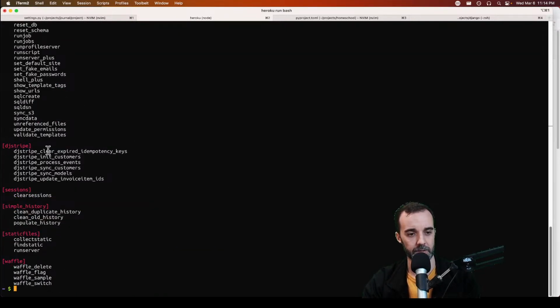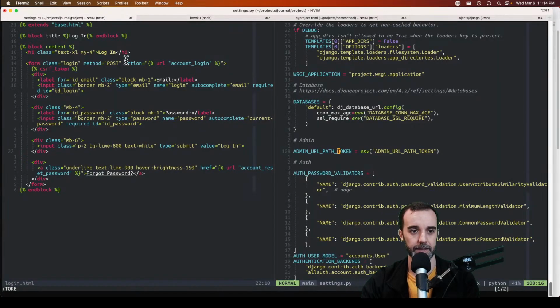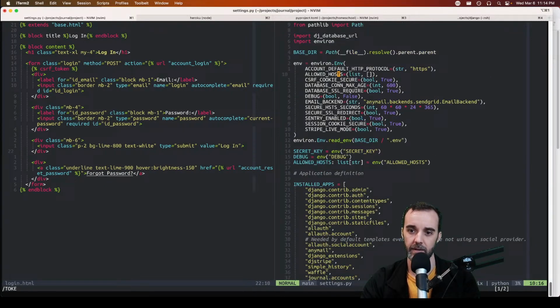And one of these is djstripe_sync_models. We ran this locally and it pulled all the test data. So we're going to be in live mode by default. We should be anyway. Just to confirm, we're at the settings page. Here is